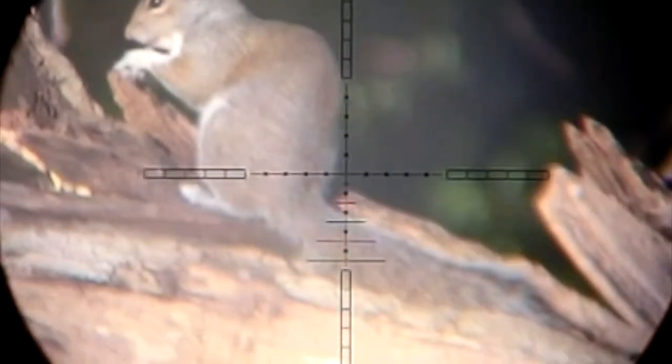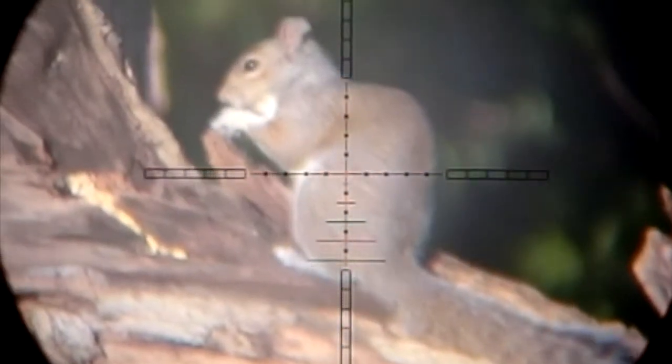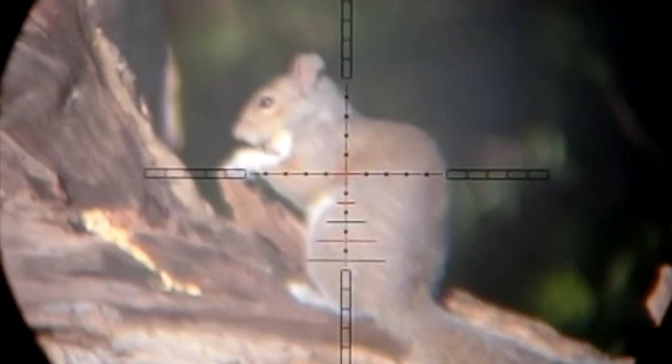Here we are on a sunny afternoon, the first week in May. I have the feeding station set up here in the tree, 35 yards away. I am shooting the P12 Bullpup, shooting JSB Exact 15.9 grain pellets. They seem to shoot a little bit better than the 18 grain pellets, and I get a few extra shots